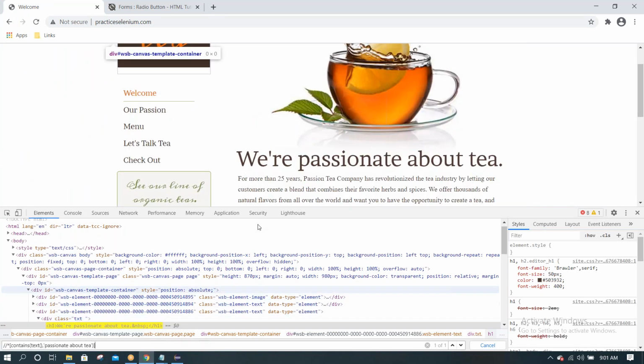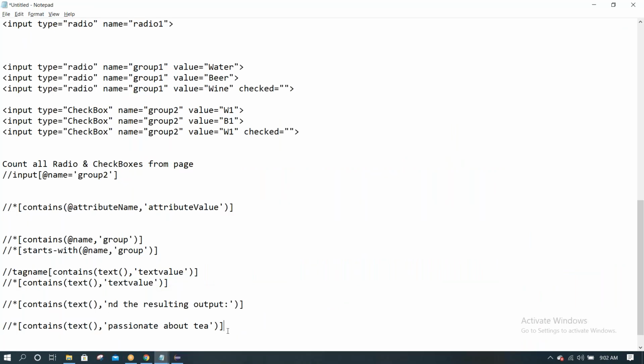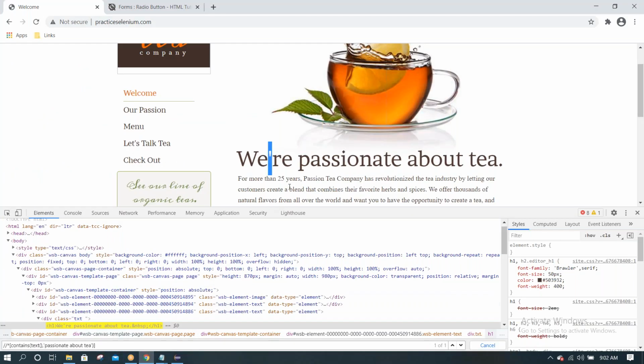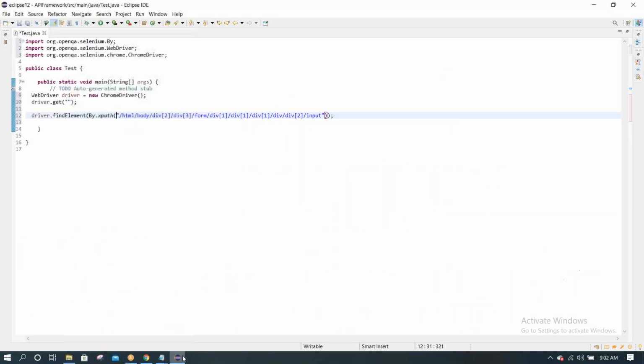See, because of those extra symbols, it was not able to identify that syntax. Now we are able to identify this element, we are passionate about tea. So we can write this XPath here.